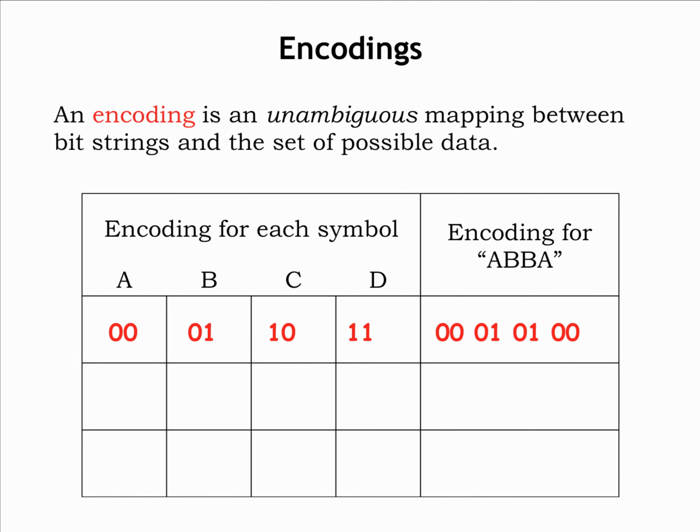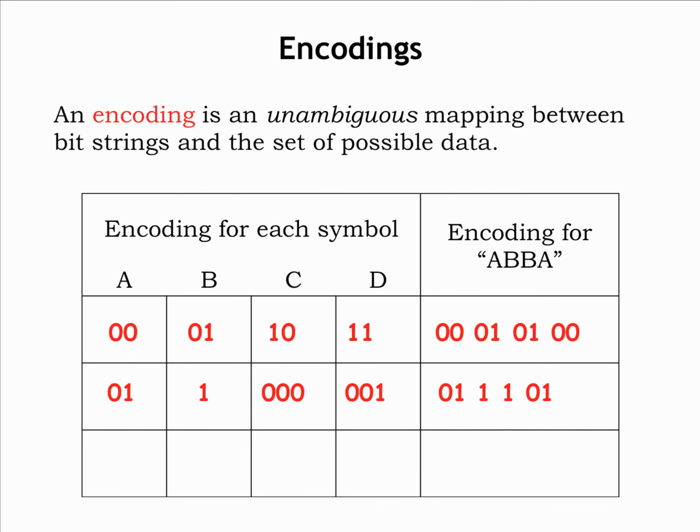We can also use bit strings of different lengths to encode symbols. This is called a variable length encoding. So A could be 01, B 1, C 000, and D 001. ABBA would be encoded as 01, 1, 1, 01. We'll see that carefully constructed variable length encodings are useful for the efficient encoding of messages where the symbols occur